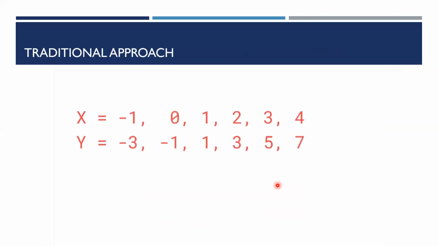So you can look at this particular example. I have given 2 sets of numbers here, X and Y. You can pause for a moment and think, is there a connection between these 2 numbers, X and Y? Is there a relationship between these 2 numbers? I think you would have figured it out. Here it is -1, here it is -3, here it is 1, here it is 2, here it is 3. Is there some relationship between X and Y?